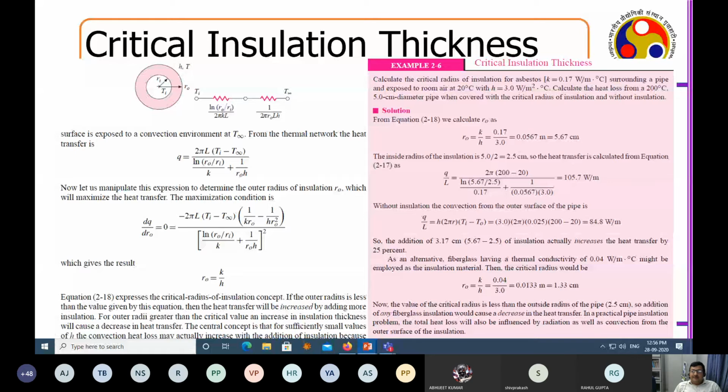So I will first calculate, if the problem is given for a given pipe and all, the heat transfer coefficient and all are given. So suppose I obtain R0 equal to 5.67. Now suppose after whatever calculations, I obtain for my system R0 equal to 1.33 centimeter, which is less than this, which is coming from the physical properties. So the value for the pipe that I have designed right now comes less than this.